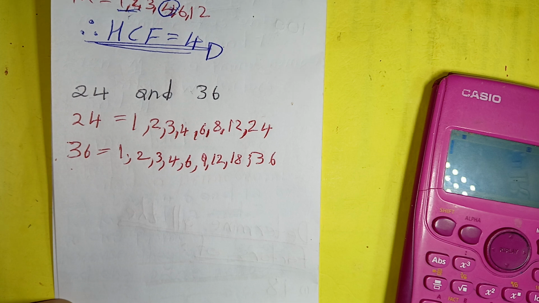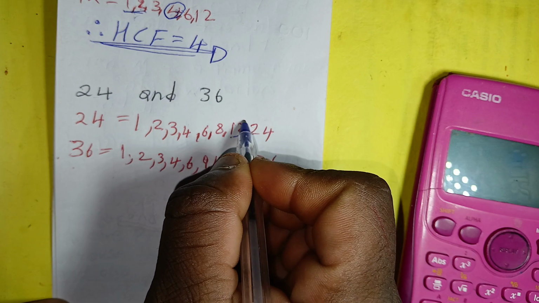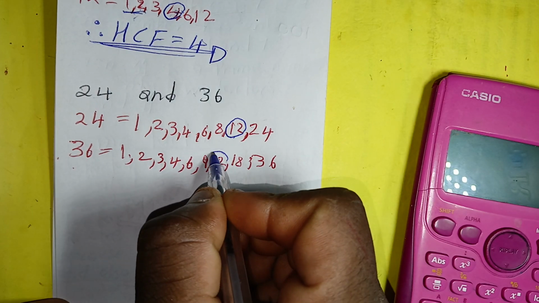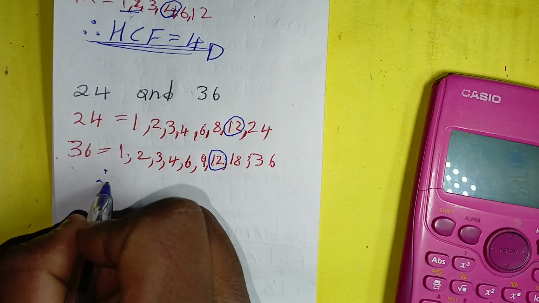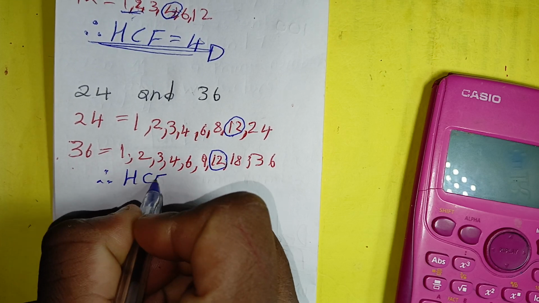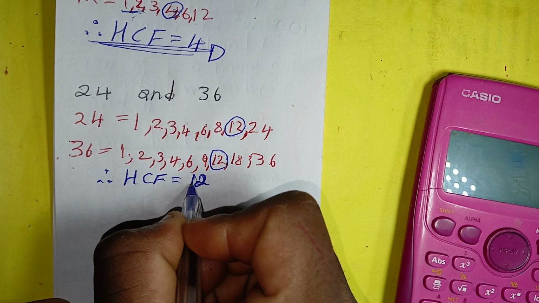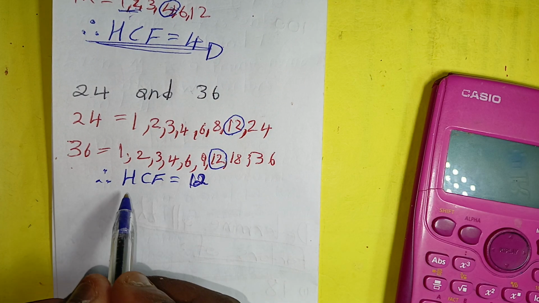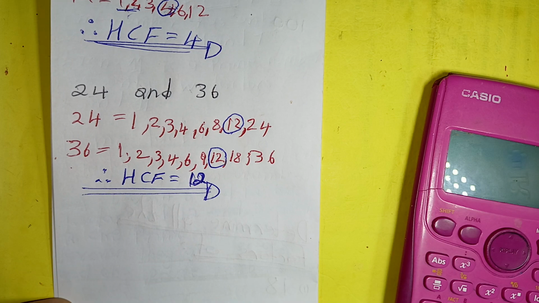So now between these factors, we'll get the what? The highest common factor here. The one which is high is this one. Do you see? So you can say therefore the highest common factor here is 12. Do you see, guys? This is the easy way to get the highest common factor for small